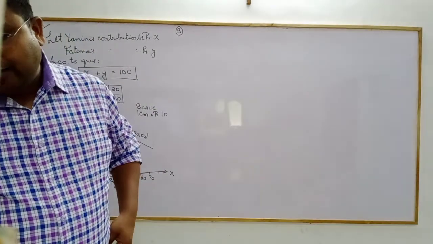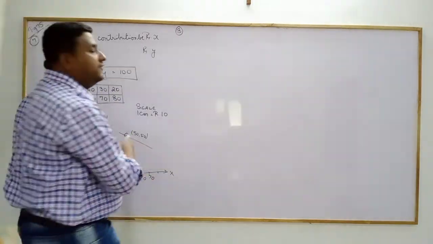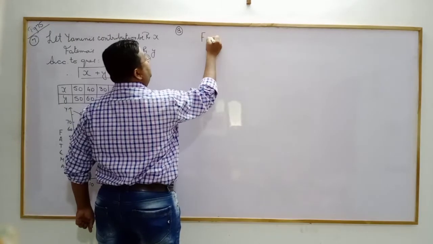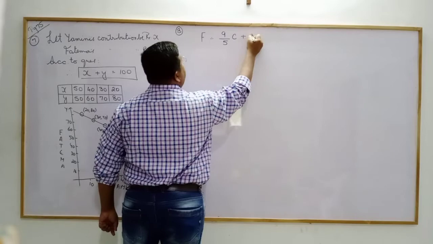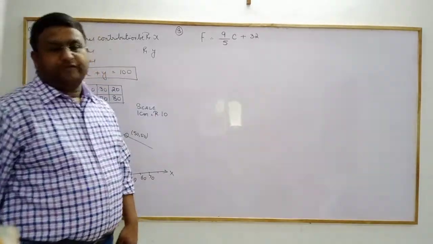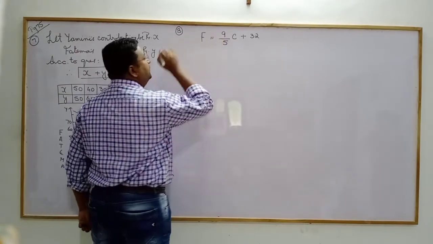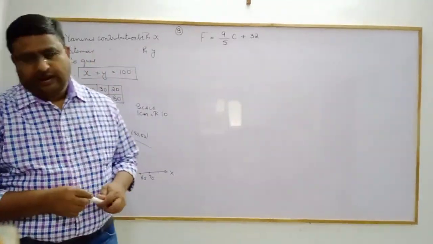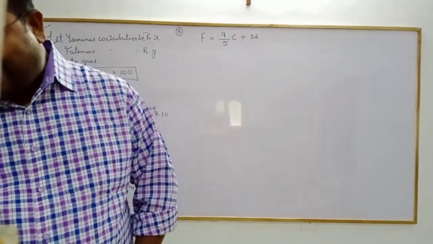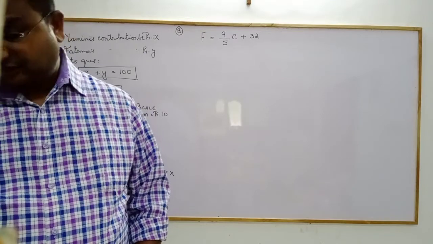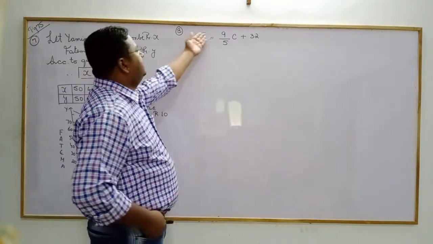Here is a linear equation to convert Celsius into Fahrenheit: F is equal to 9 by 5 into C plus 32. This is the relation between degree Celsius and degree Fahrenheit. Yes or no? We have done this. Clear? He says draw the graph for the linear equation above, using x-axis for Celsius and y-axis for Fahrenheit. The problem arises, sir, it is a fractional question.